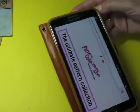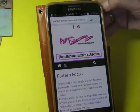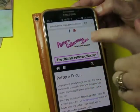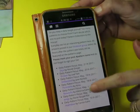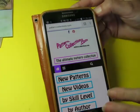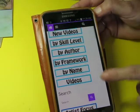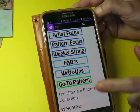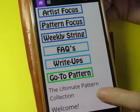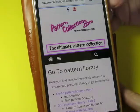And let me talk to you guys a little bit here. I previously had said I was going to tell you about this section down here at pattern-collections.com. Oops, I'm not on the home page. That's the pattern focus page. On the home page, when you scroll down to the go-to pattern, let me get you a little closer. You will find